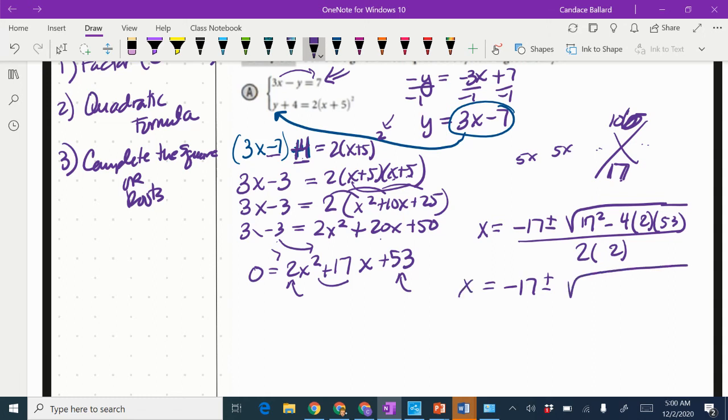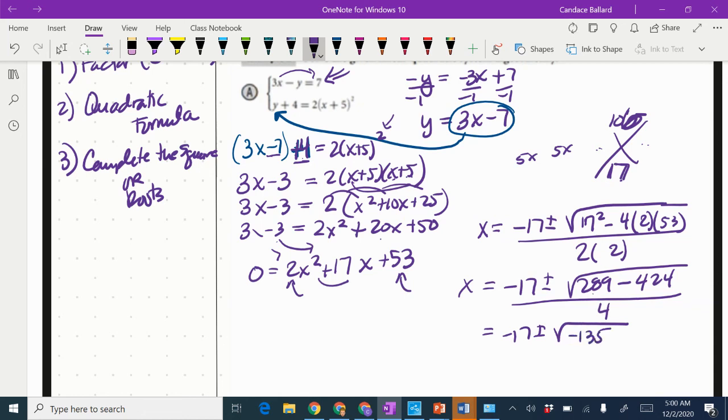the square root of 17 squared, which is 289, minus 424, when I multiply the 4 times 2 times 53, all over 4. So I get negative 17 plus or minus the square root of, and then 289 minus 424 is going to be